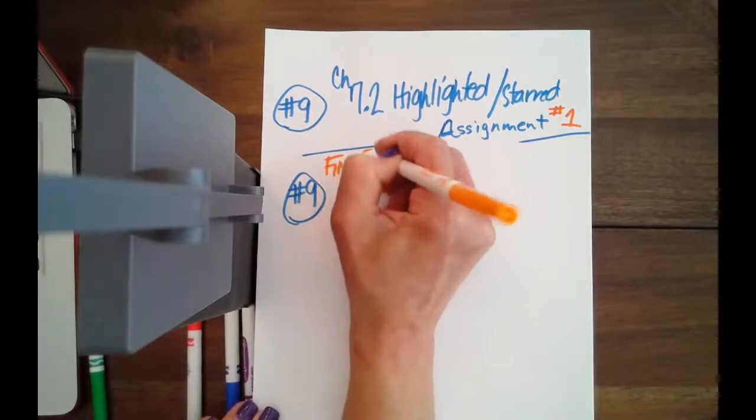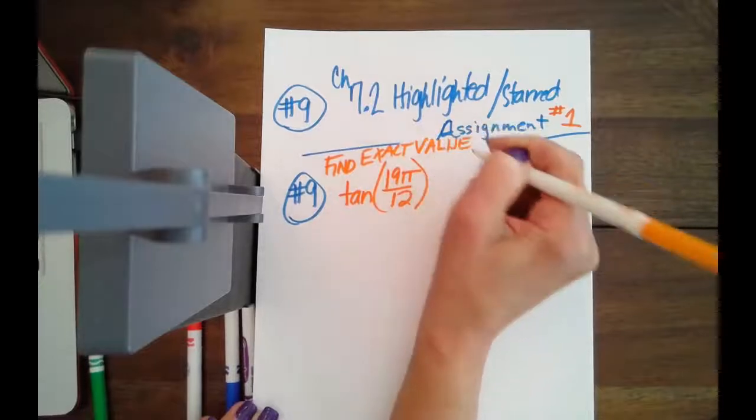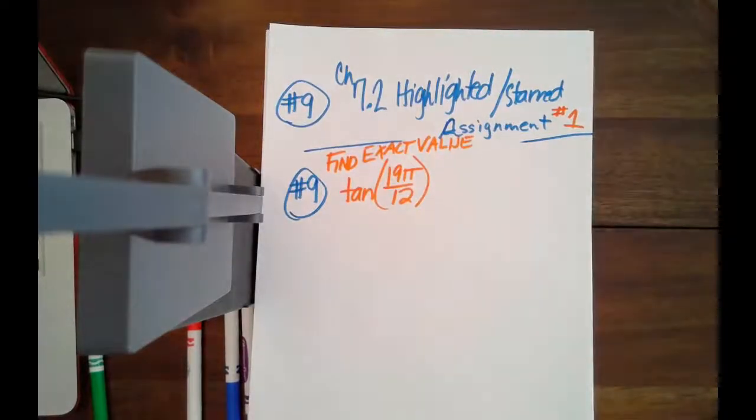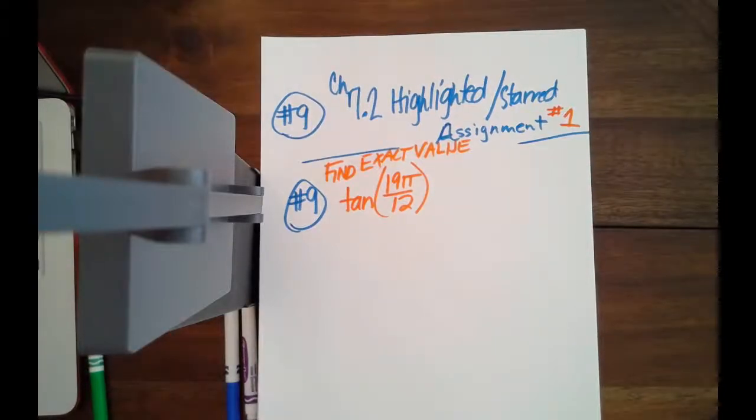the exact value. Well, the first thing you're going to notice is I don't have any clue where 19 pi over 12 would be. I'm not familiar with that, and it's not a common angle to me. So I need to break it out into two angles that do make sense. In other words, two angles where I can retrieve the sine, the cosine, or the tangent value from the unit